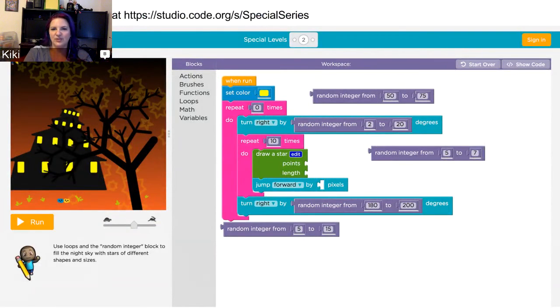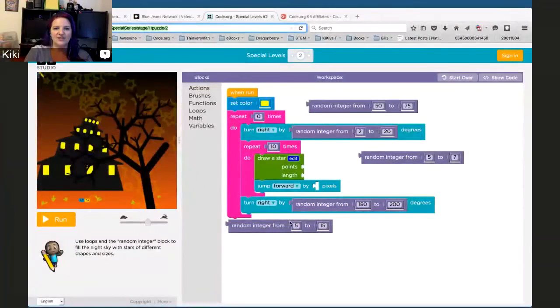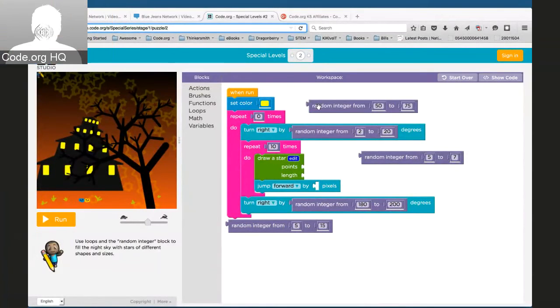So let me share my screen. And let's see if it will let me share Firefox here. So I'm going to assume you can see this, and I'm going to proceed forward as if you can see this. So here is the special level that I had the screenshot of. This is actually the 2nd level. And I see a chat message, so I just want to make sure. Oh, but if I switch over there, you'll be able to see that too. Okay, so if there is a problem, please unmute your microphone and go ahead and tell me. But Kiki, you're great. We can see you. Everything's awesome. Okay, thank you.